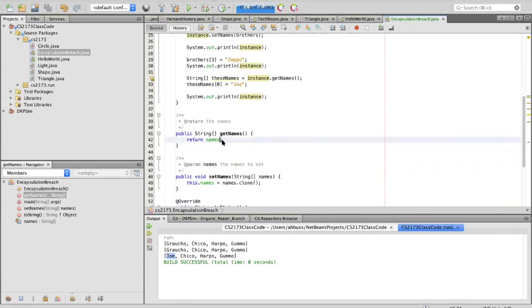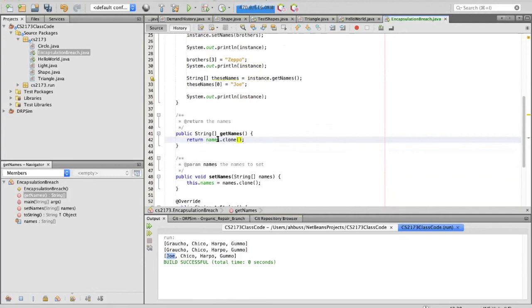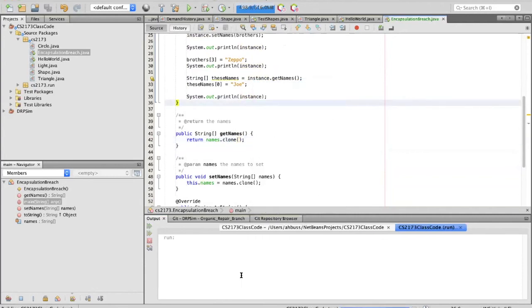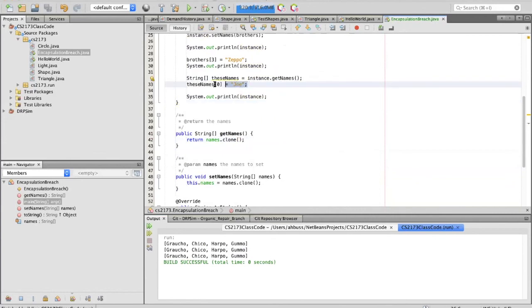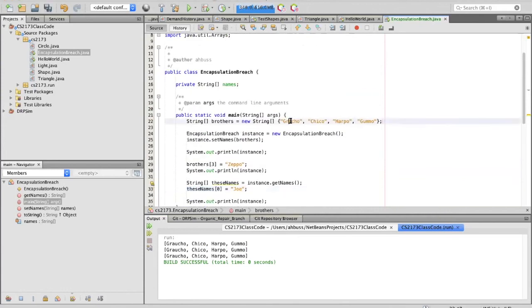What's the solution? Same solution as before. If somebody wants to get it, they don't get my array, they get a copy of it. And so when I give them a clone, now, even though I've changed my local variable, it hasn't changed that. And I see I've misspelled Groucho.